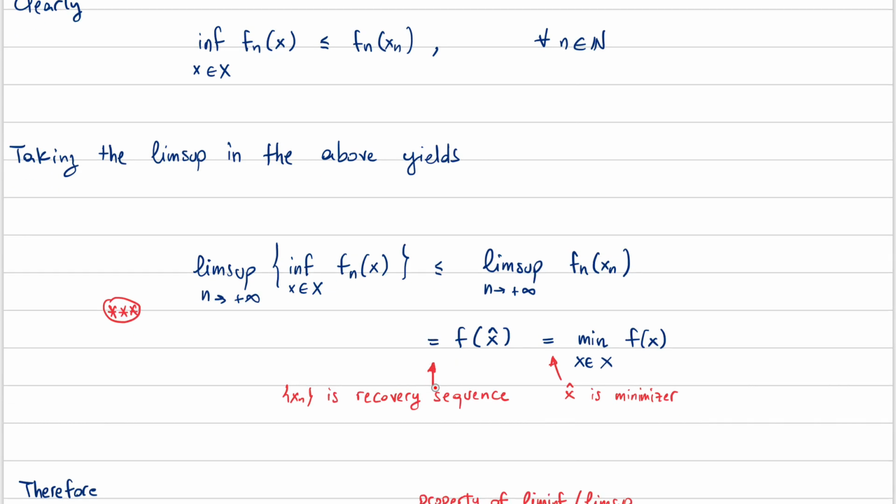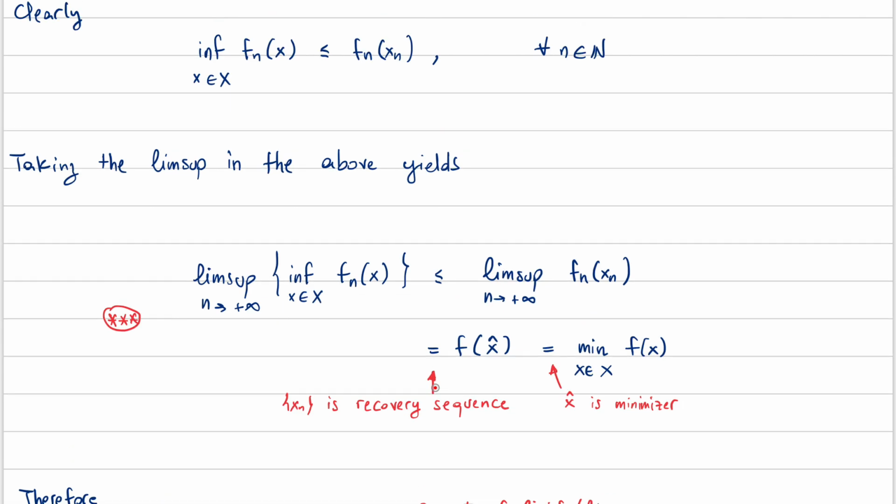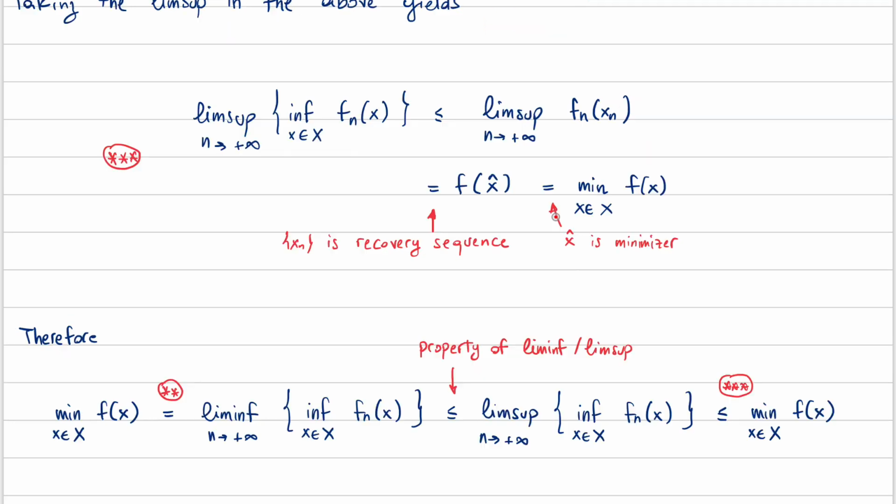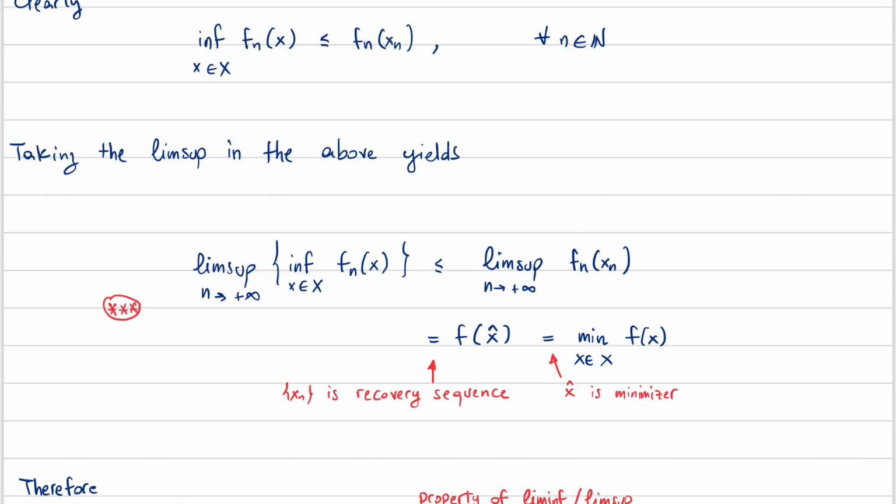So if we take the lim sup in the above inequality, just take the lim sup here and the lim sup here, and you obtain that the lim sup of this is less or equal than the lim sup of this one, and is equal to f of x hat by definition of recovery sequence, and f of x hat is equal to the minimum of f of x, because we chose x hat to be a minimizer of f. And so in total we prove that the lim sup of the infimum problems is less or equal than this minimum. But then we are done, because we have triple star here and double star,